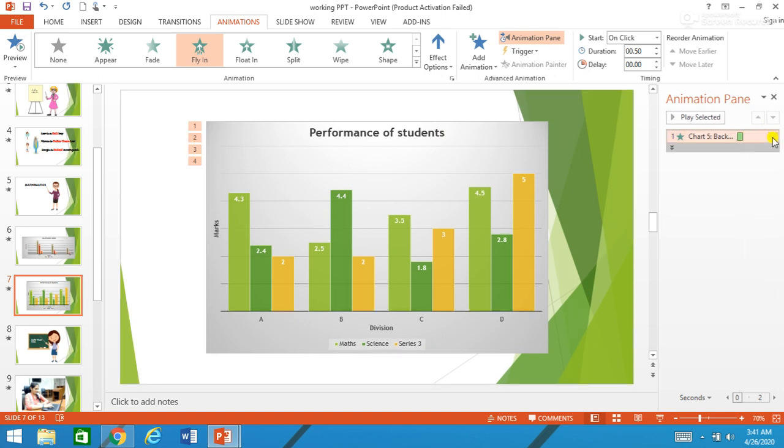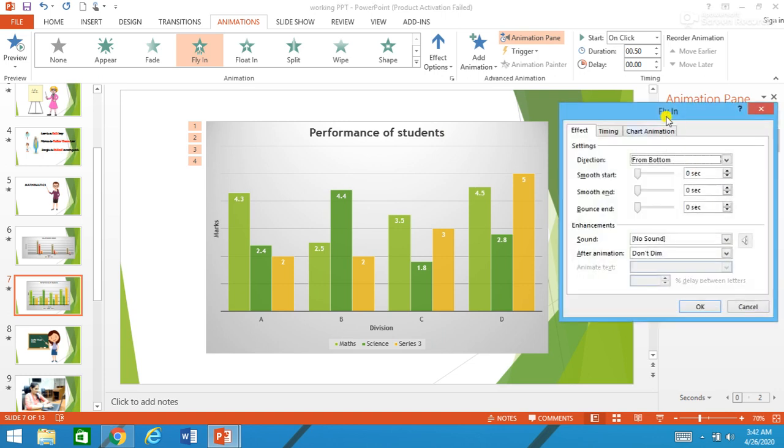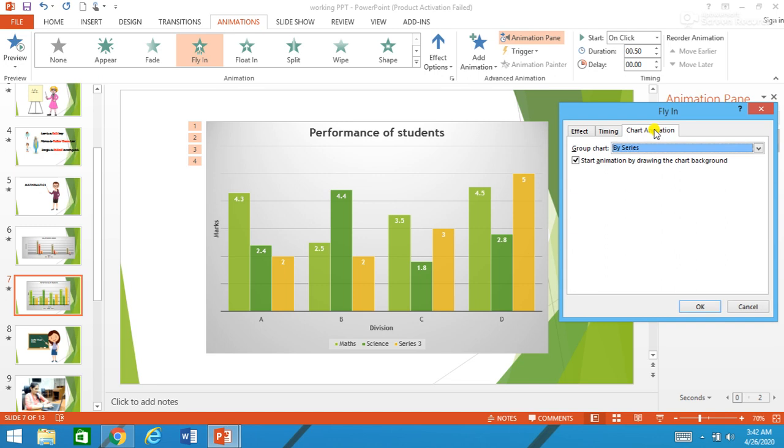Okay, now in the effect option, in chart animation, we have one more option: start animation by drawing the chart background. That is, if you want the background to be already present there, and then you want animation of the bars, or you want the animation of the background also.